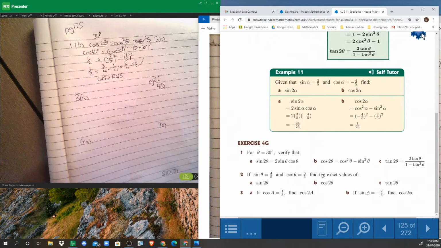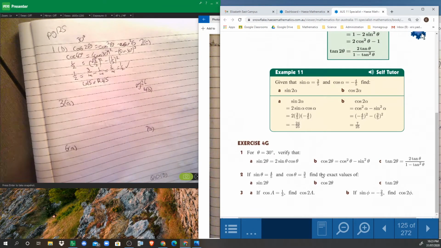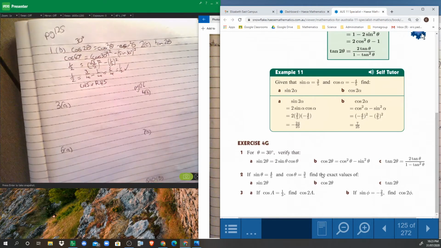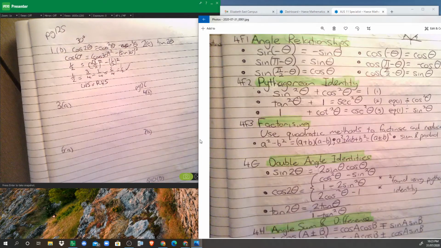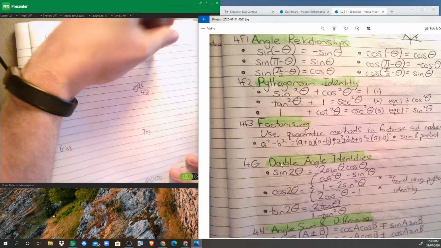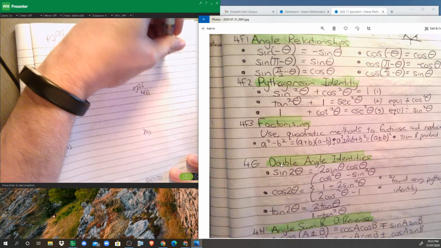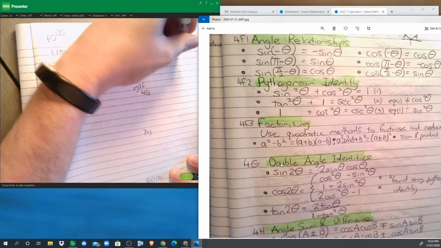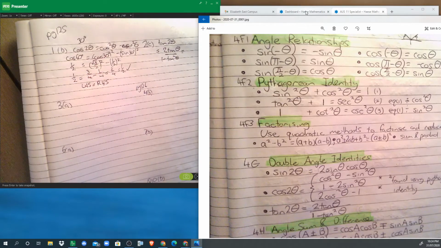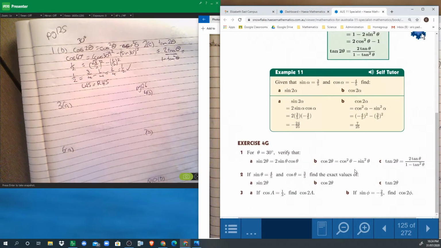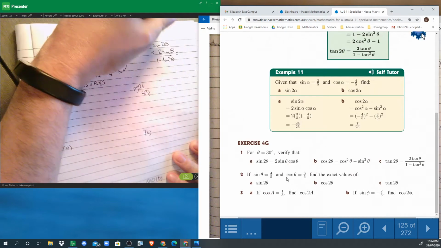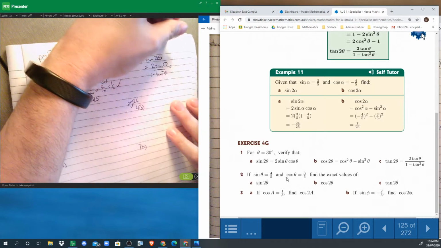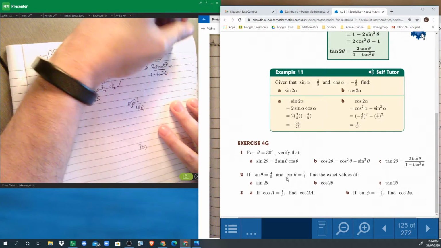Okay. So if you know the ratios, find the exact values of those. Okay, we can do that. I'll just jump in with tan of 2 theta. We just go to the double angle formula for that, which is equal to 2 tan theta over 1 minus tan squared theta. Okay, so we'll go and substitute those in, but first we've got to figure out what tan theta is. Tan theta is equal to sine divided by cosine, 4 over 5 divided by